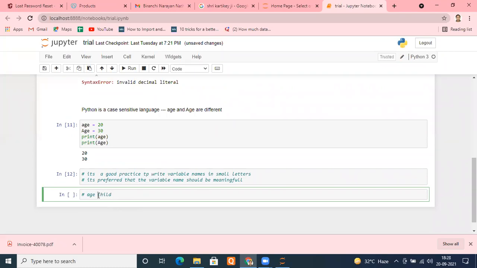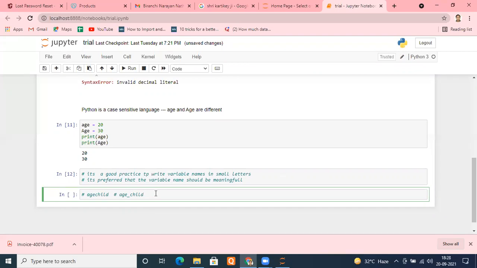So if you want to separate those two words, does writing age child look good? No, it doesn't. But if we use age underscore child, meaning we use underscore to separate the words, now it looks good.